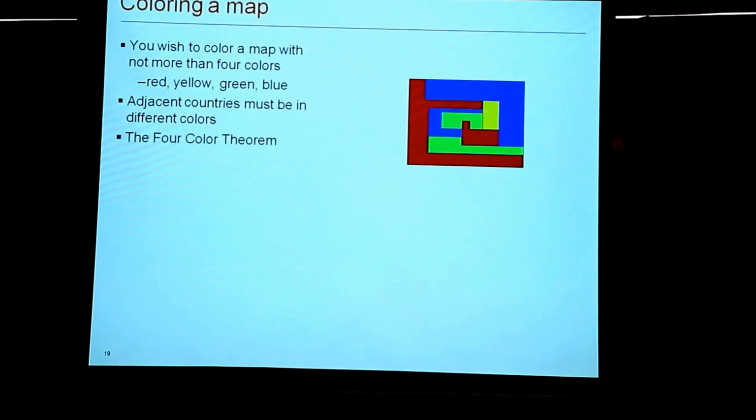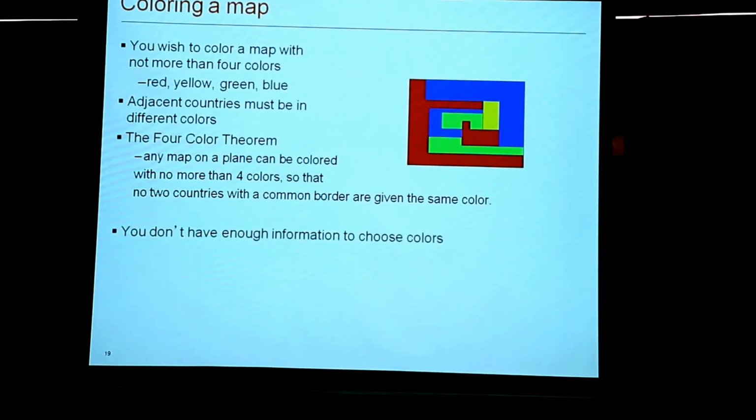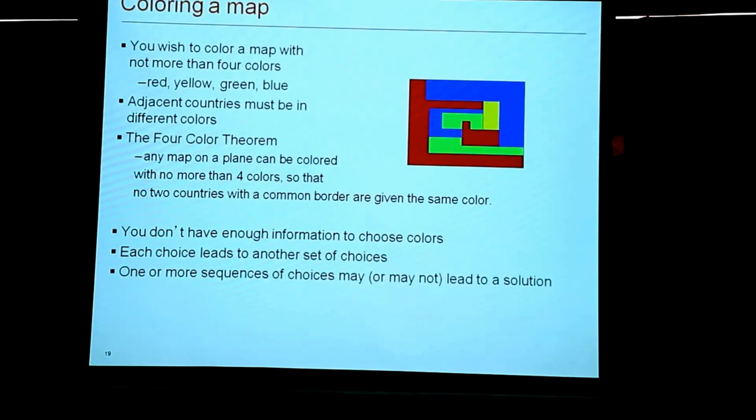Yeah, so the 4-color theorem says that any map on the plane, a planar graph, can be colored using 4 colors, so that no two countries which share a common border have the same color. But the question is, how do we color the map? Which colors will we give to each country? So here also we can use backtracking. The idea is again the same: you start coloring the countries with a color, and whenever you get stuck, you go back to the previous colors.